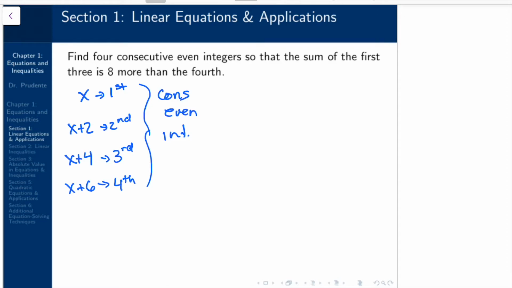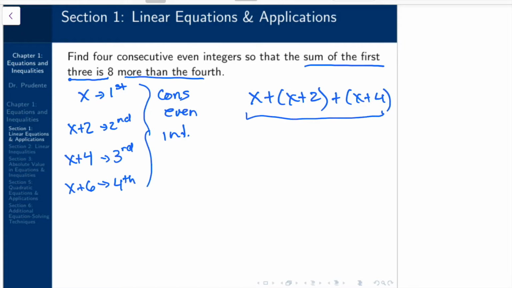And so I want to look for a formula that might be written in the problem that connects them. And so we get, the sum of the first 3 is 8 more than the fourth. So I'd say, okay, what is the sum of the first 3? That would be x plus 2 plus x plus 4, right? That's the sum of the first 3, right? That is 8 more than the fourth, x plus 6,